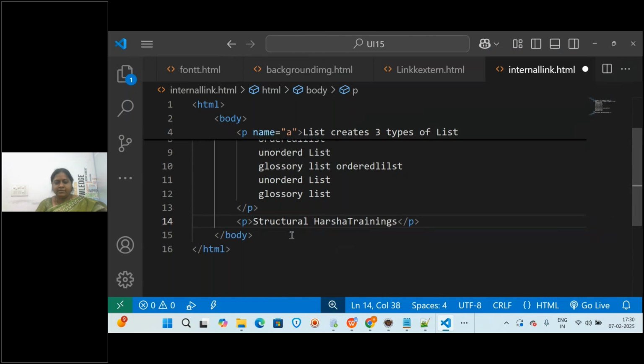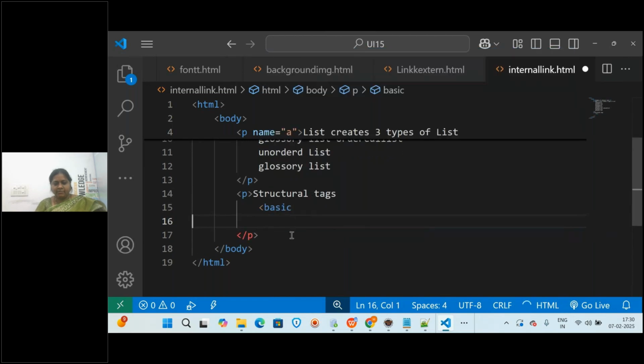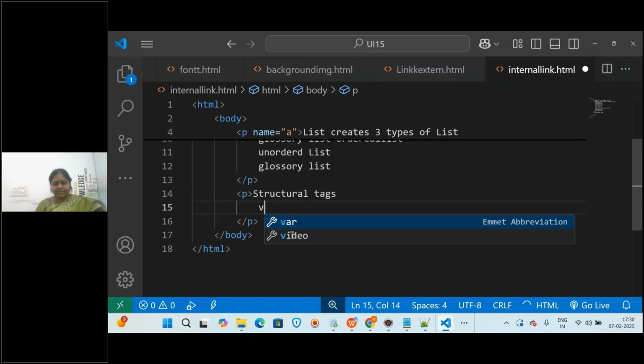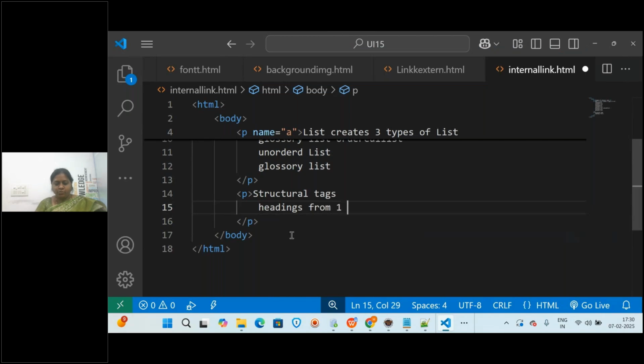Here in the structural tags I'm going to write basic, and headings from 1 to 6, like this I'm giving.